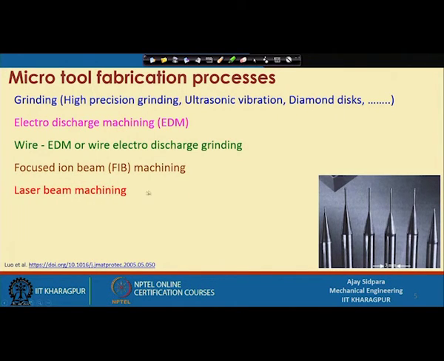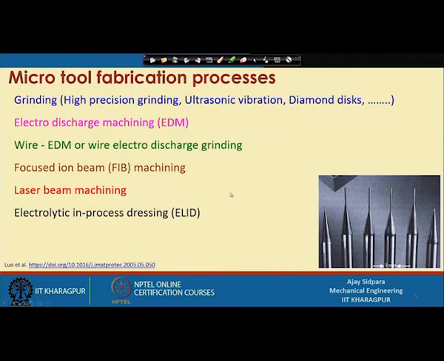Laser beam machining is also used for making different cutting tools, and there is one process called electrolytic in-process dressing. It is similar to the grinding process, but what we are doing here is in-process dressing during the grinding operation. The objective is to make sure that the protrusion of the abrasive particles always remains the same without spending any additional time or off time. So, these are some of the processes which are routinely used for fabrication of the cutting tools.